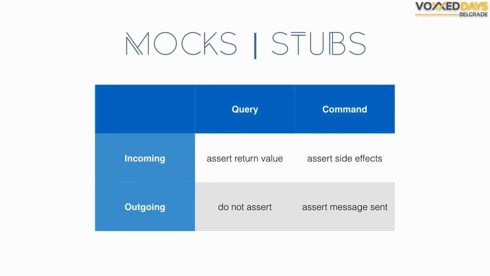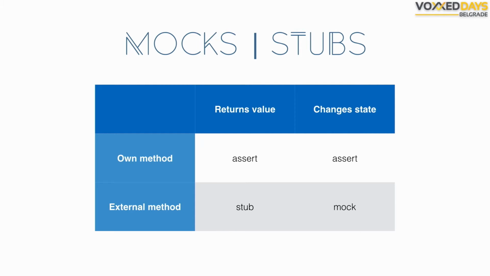So if you're testing a user and you want to test its set password method, that's an incoming method. But if that set password method calls another object, for instance, a crypto method, that's an outgoing method. Basically, you can boil down this semi-complicated table into this much easier to understand table, which states that